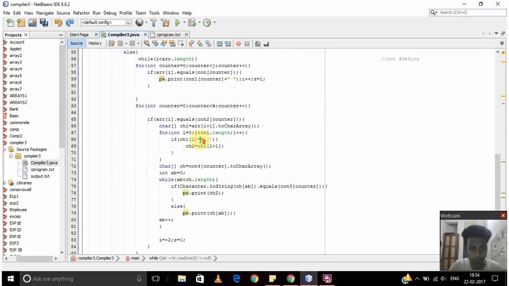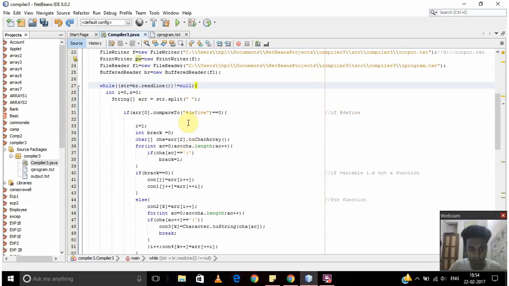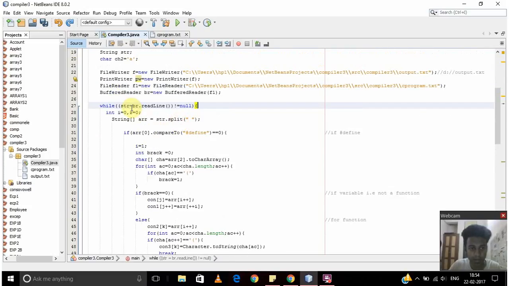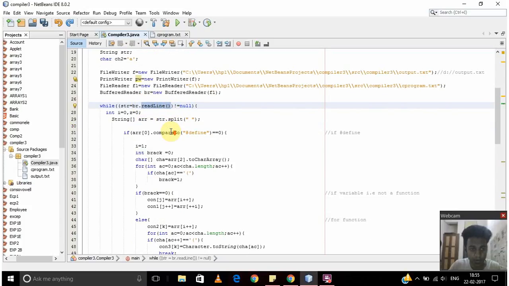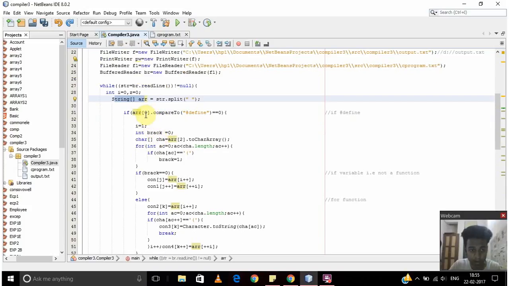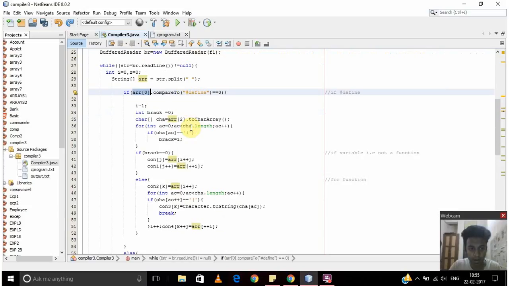I have used 2 loops here. This is the first part. I'll be fetching my string according to the read line. Whenever a line comes, I'll be storing it according to the white spaces into a new array called arr. Now I'll be comparing the very first array element to #define. If it matches with #define,